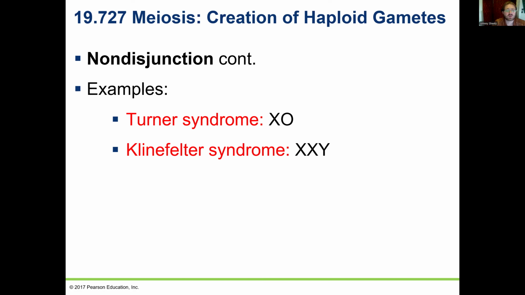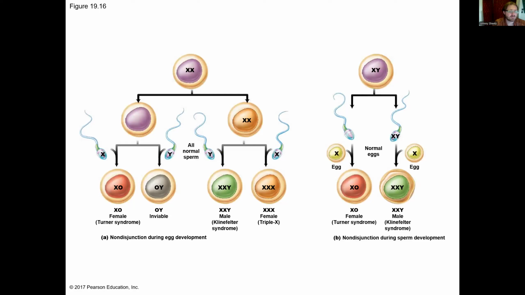There are a couple different names for different distributions of sex chromosomes, and this is how non-disjunction occurs with the sex chromosomes. So here you see it didn't divide right during meiosis one. This one got a double of X. This didn't get any X. And so when this is then fertilized by an X or a Y, if it's a Y, it's inviable